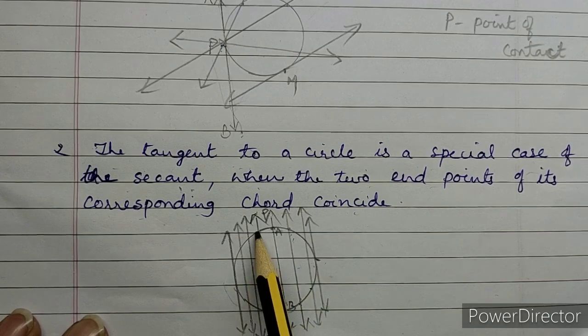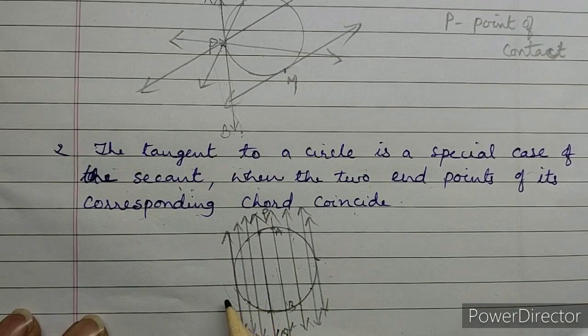This side also, see the chord length. This is the chord length. It is decreasing. Again it is decreasing. Finally it has come to 1 point. So this side also the chord length is decreasing and coming to 1 point, and this side also it's decreasing, chord length is decreasing and coming to 1 point. So this is also a tangent and this also is a tangent.